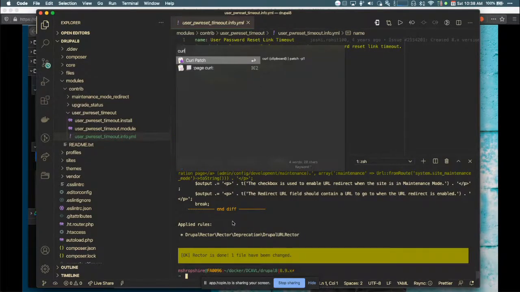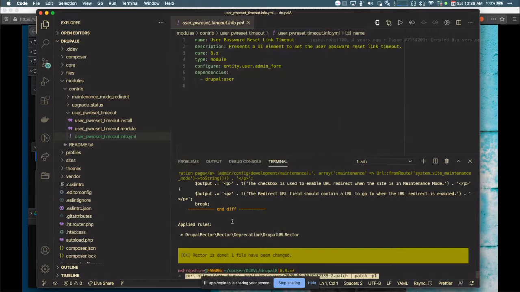And I'm going to type curl, and I have this curl patch tool. And all this does is take my clipboard of that link and does a pipe patch -p1, which what that really means is it's going to pull down the patch from Drupal.org and then apply the patch with the change that we need, all in one fell swoop there. And you can see that appears on the screen there, and I'm going to run it.